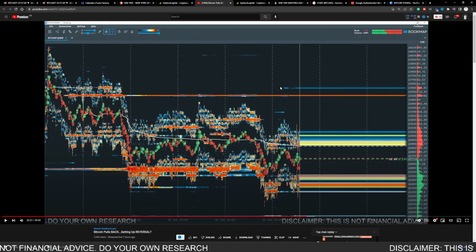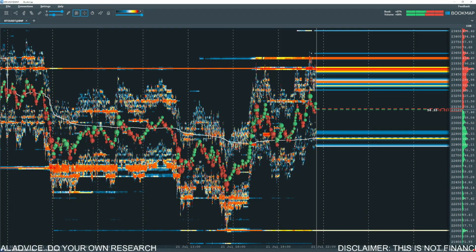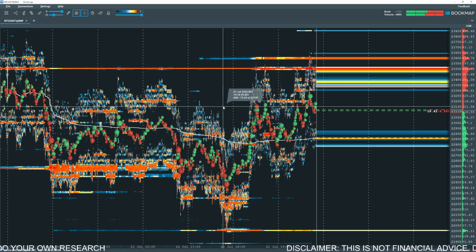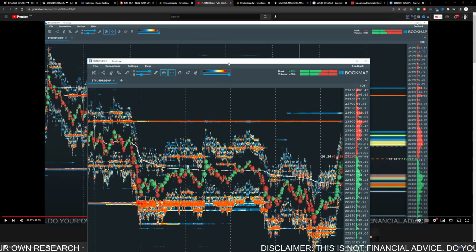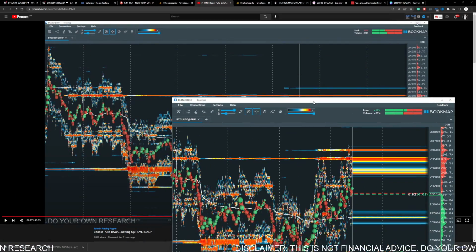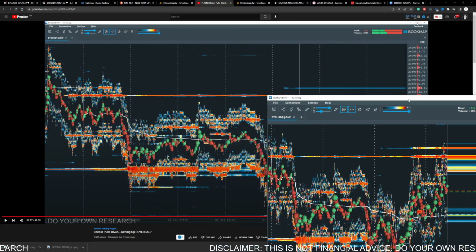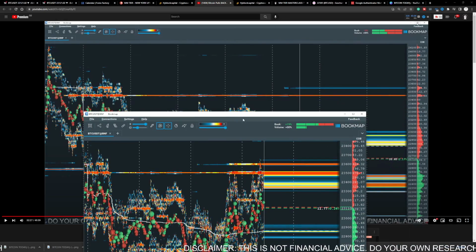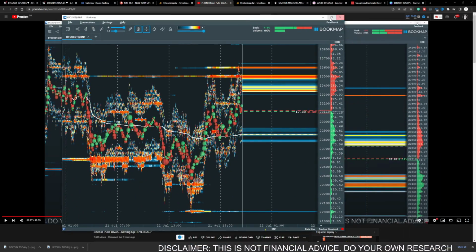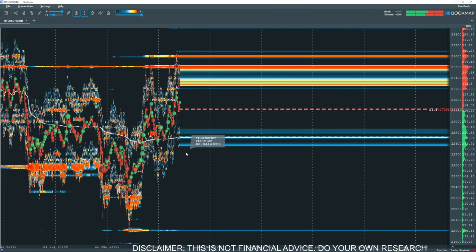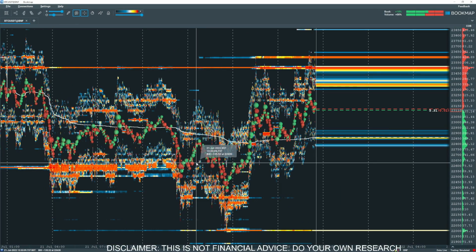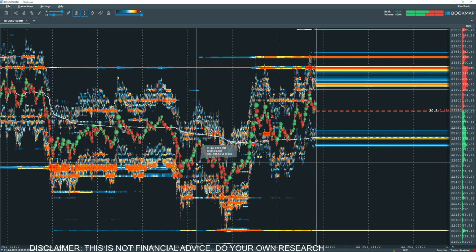So let's flip over to the Bookmap itself and have a look at what had actually happened. There you go. 23,500. Let's just bring that back up. 23,500. That obligation was fulfilled right there. Just look at the top right here. Happy days. What do we understand? Let's just pay attention to the Bookmap now, because what we're doing right now is we're building the structure behind how Mr. Market Maker traps the trader.